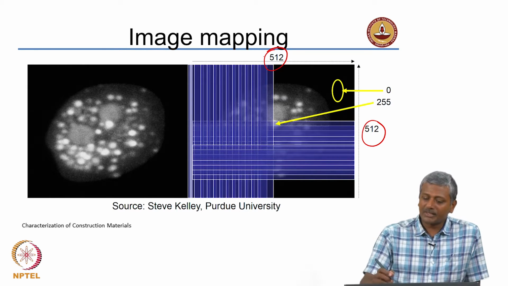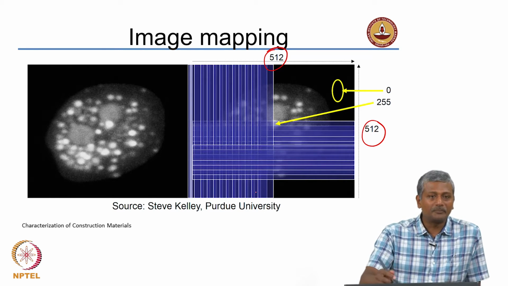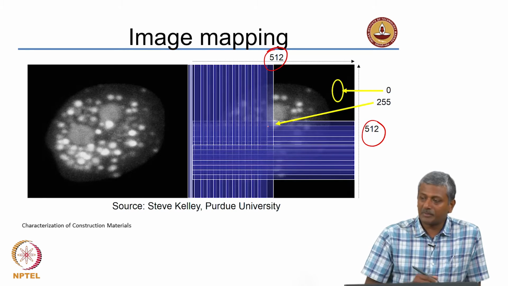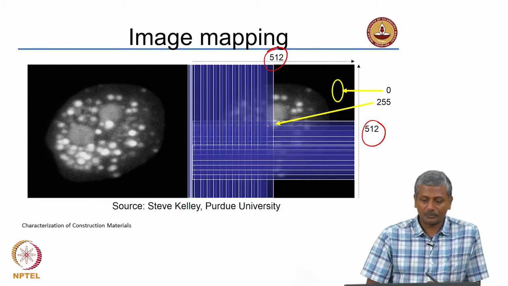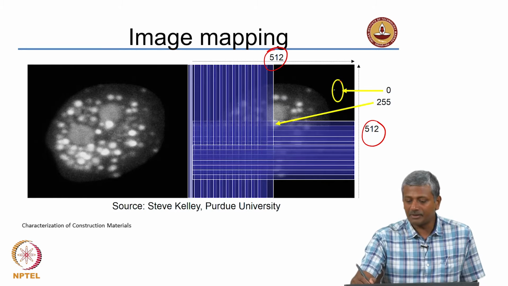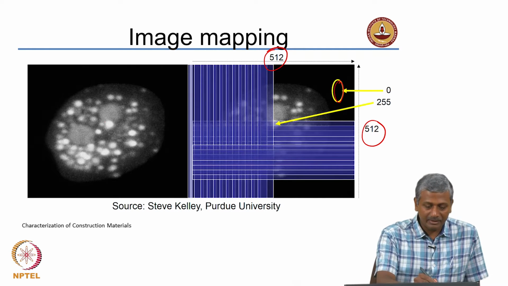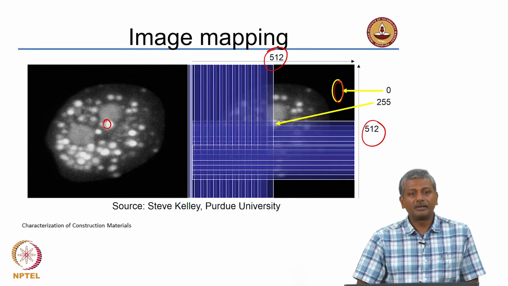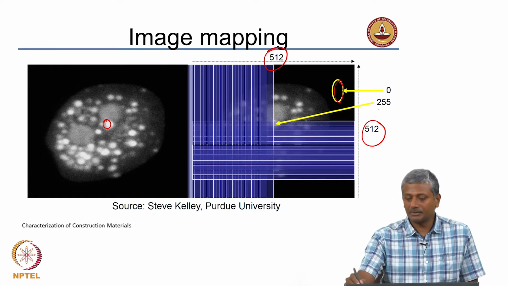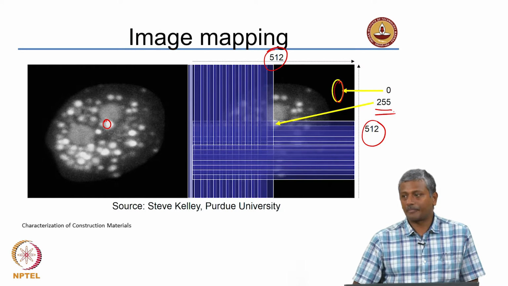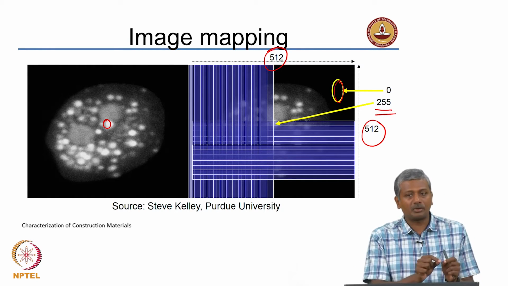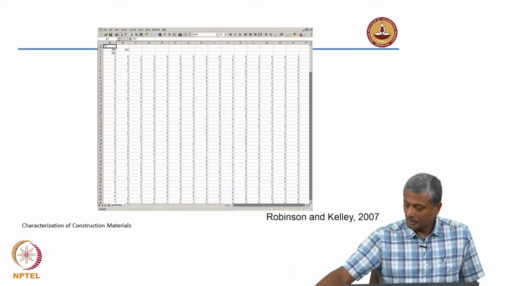So, now what it is doing is overlaying this matrix on top and looking at each point inside the matrix and giving it a gray level value. For instance, if it hits anywhere here, you get a 0 count. Okay. If it hits somewhere here in this location, it is very white. So, you can give it the 255 value. Okay. So, you are converting each and every spot in your image to a gray level. That is what I am saying.